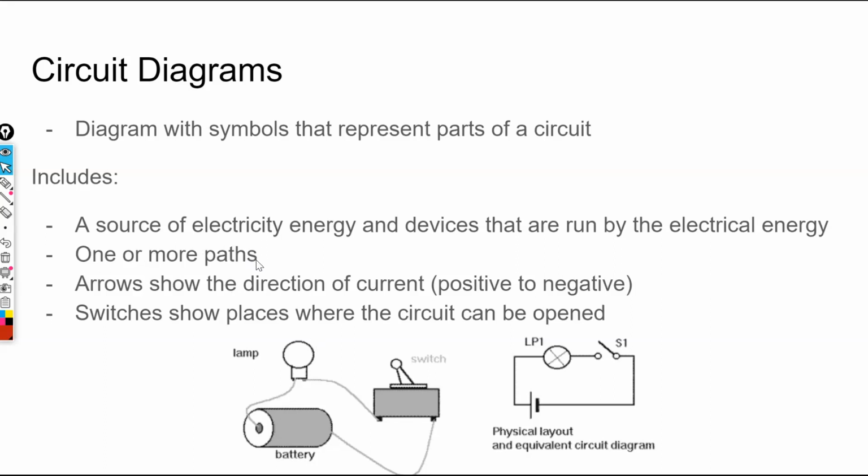It usually has one or more paths depending upon what's going on. The arrows show the direction of the current, positive or negative, if we draw that. We won't usually see a lot of this for you guys, but just so you know that they do show that if they can. And the switches show places where the circuit can be opened. So when we draw a circuit diagram,